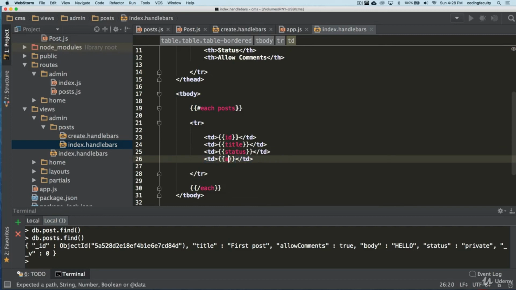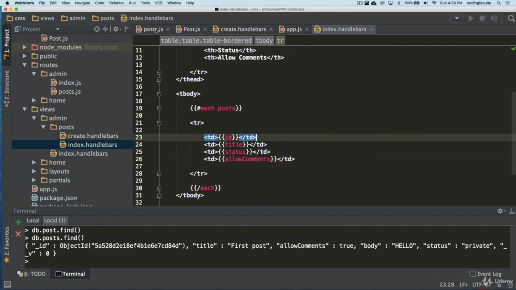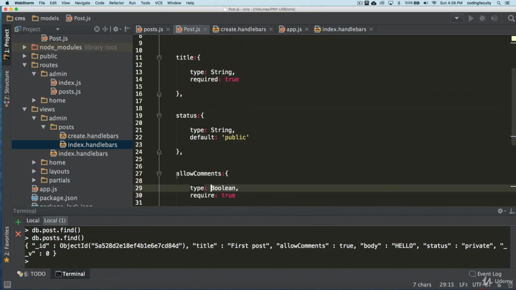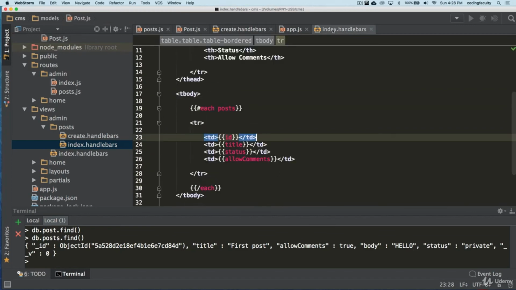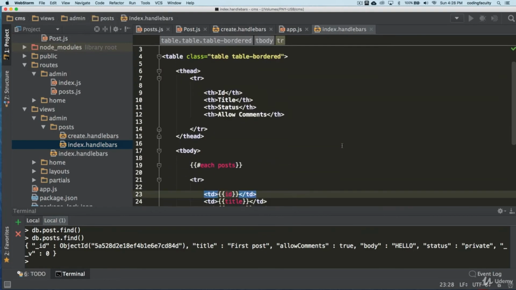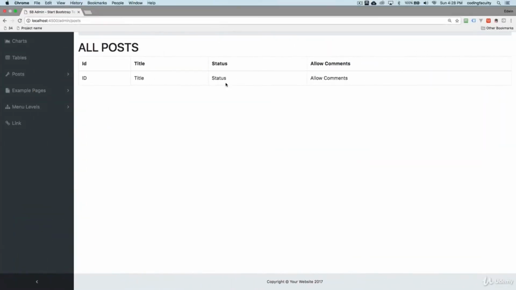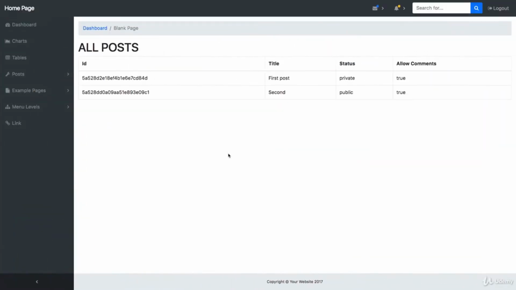And allow comments, if that's what we gave it in our model here. So we should see that data there if we did not make a mistake. And if I made a mistake, don't worry guys, we'll fix it. This is all about having fun here. Refresh, and there we go.